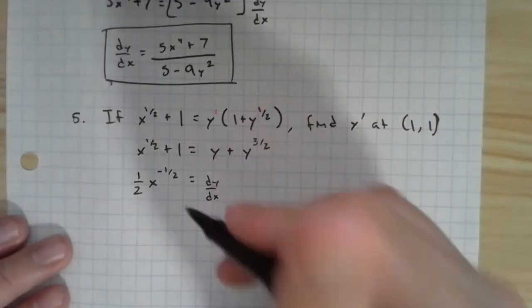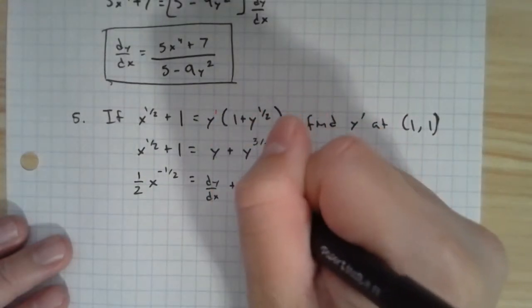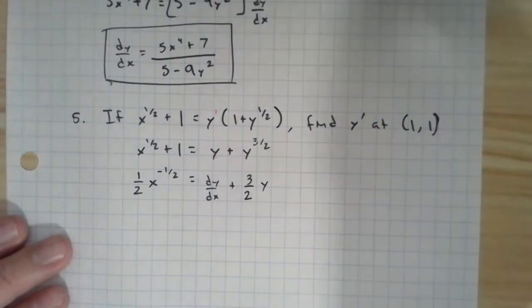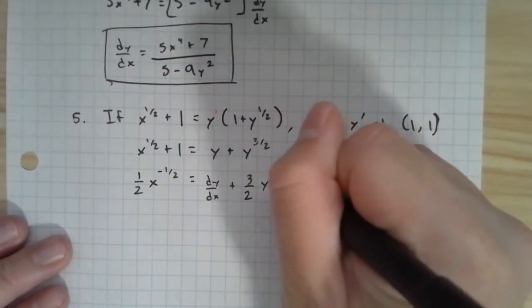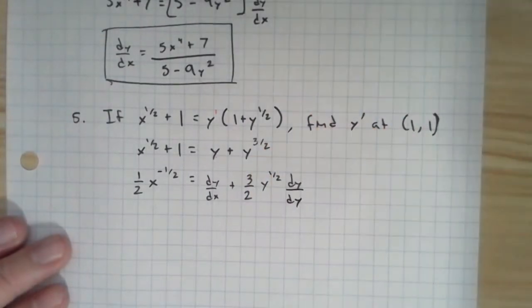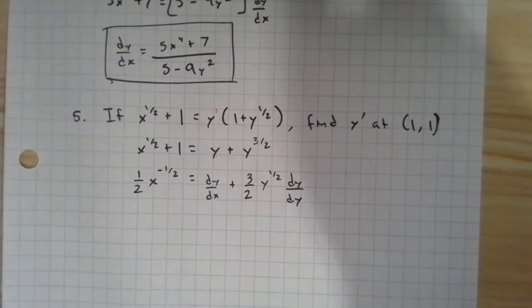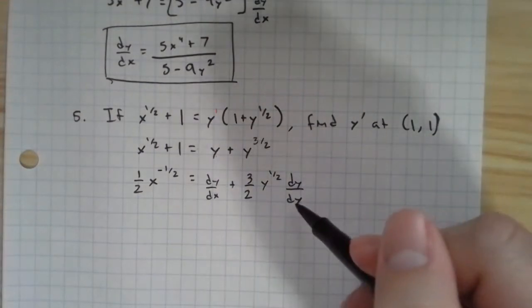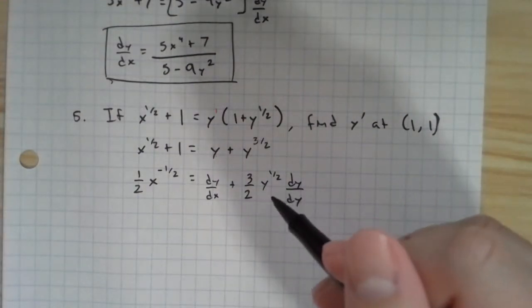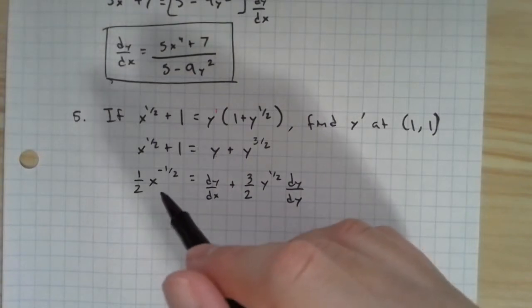And then right here, multiply by the exponent, subtract 1 from the exponent, and that was the derivative of y, so dy dx. Let's see, on the right side I can pull out a dy dx, right? Now on the left side